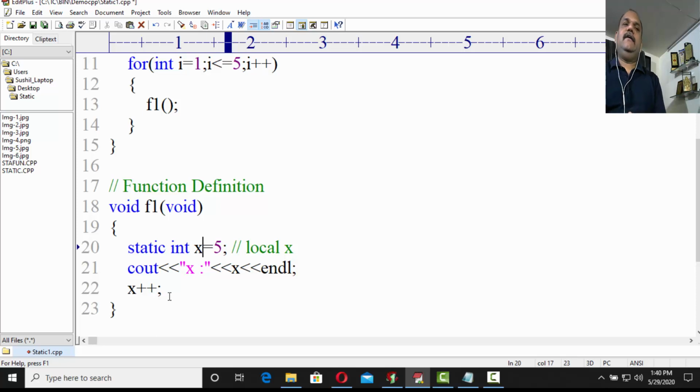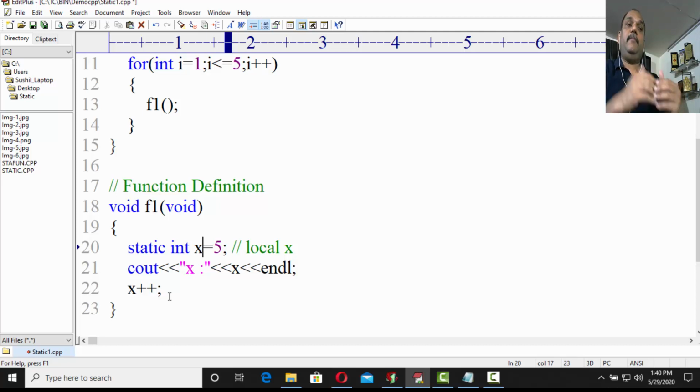Right? So in that local block, whatever updates you do with x, every time the updated value will be referred. Is it clear? So now the answer we are expecting is initially 5, 6, 7, 8, 9. Earlier it was non-static and it was printing 5 five times, but now we are expecting, as we update to the static one,